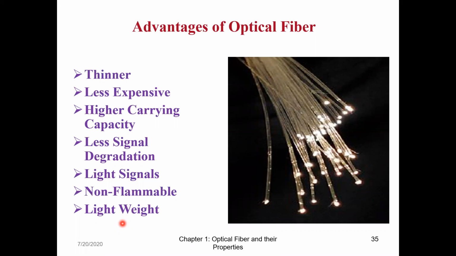Once you understand the advantages properly, then you can decide where the application of optical fiber is. If it is light in weight, I would like to have a fiber optic communication system installed in flights, because there obviously we go for something light in weight. We can have it in ships, because the entire cable is light in weight as well as thinner, so it occupies less space. Less expensive: we will like to go everywhere the system is less expensive.